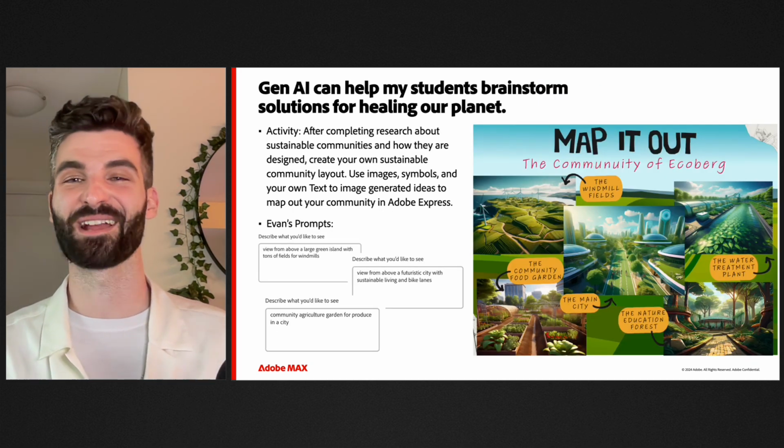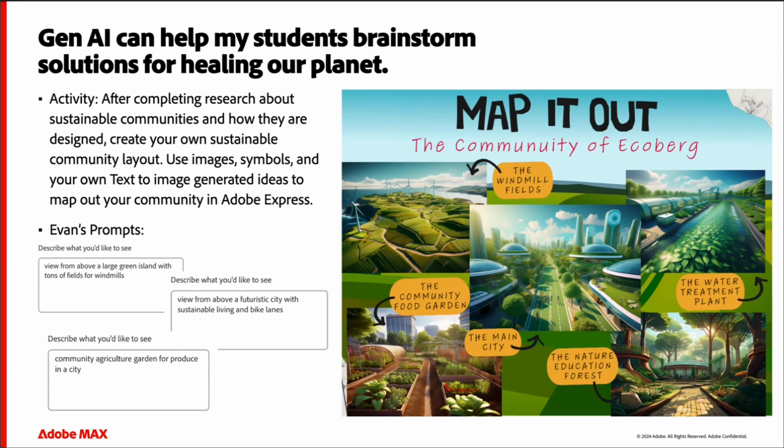Moving on to grade 8, getting a little bit older. Gen AI can help my students brainstorm solutions for healing our planet. This is another activity I gave, where after completing research about sustainable communities and how they're designed, students were asked to create their own sustainable community layout. They were inspired to use images, symbols, and of course, text to image generated ideas to map out their community